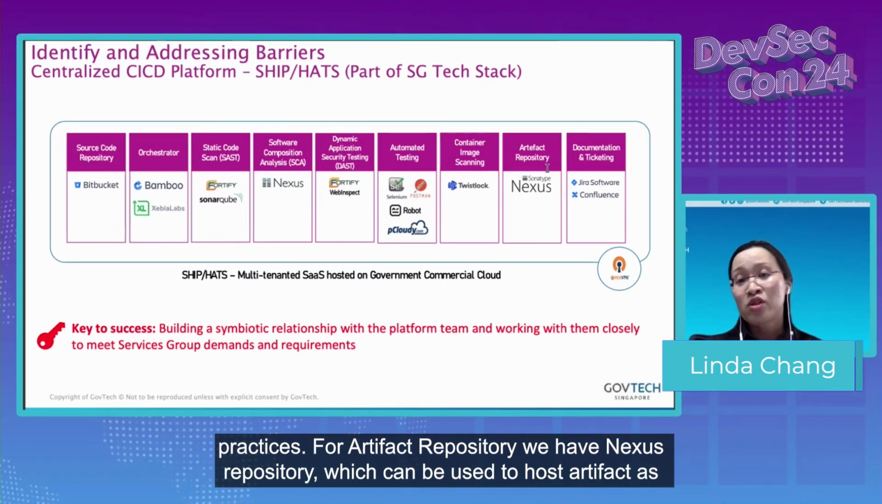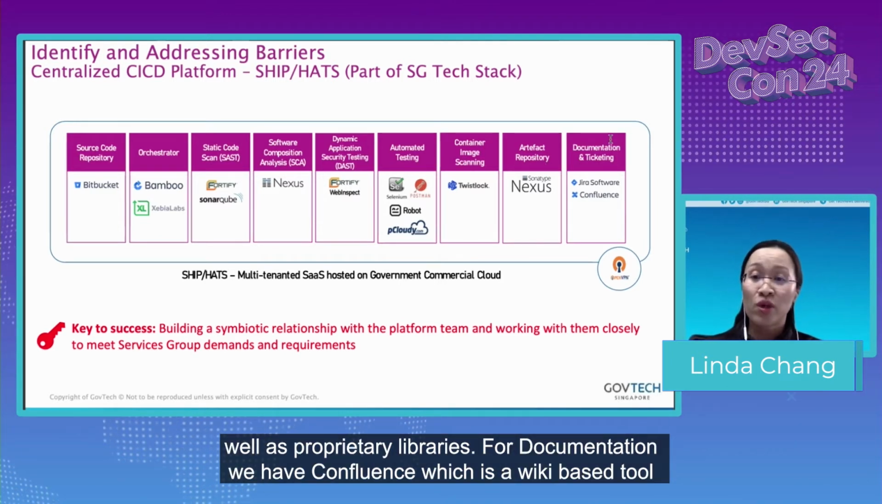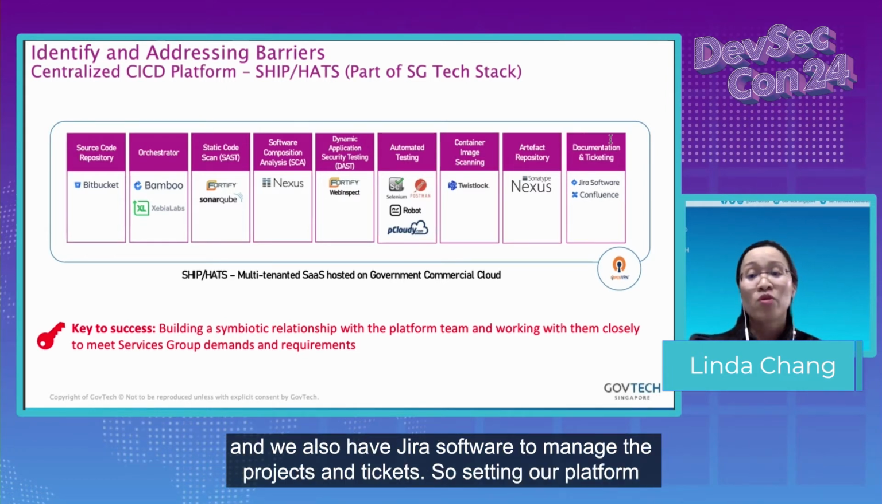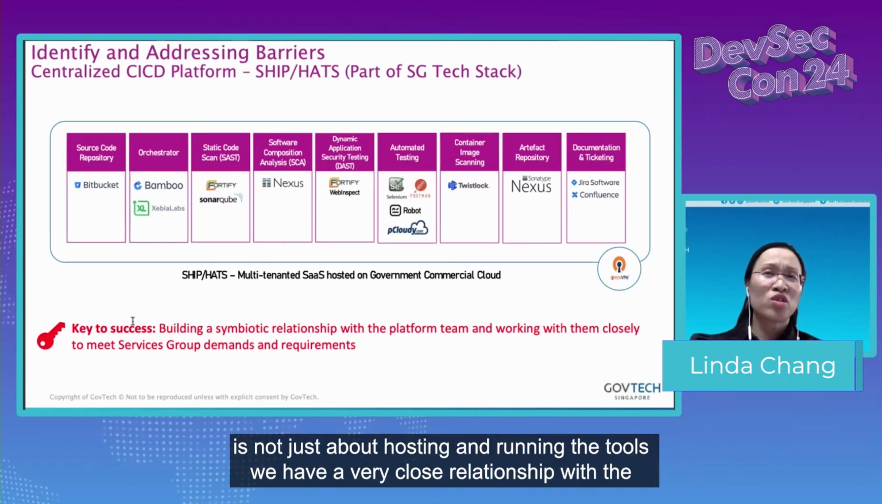For artifact repository, we have Nexus Repository, which can be used to host artifacts as well as proprietary libraries. For documentation, we have Confluence, which is a wiki-based tool, and we also have Jira Software to manage the projects and tickets. So setting up our platform is not just about